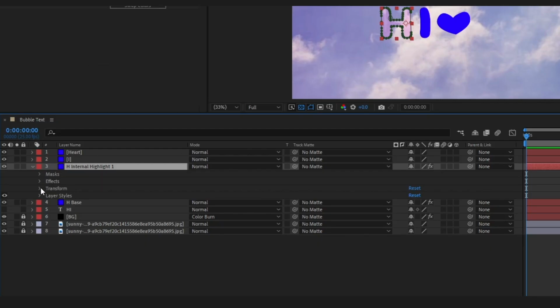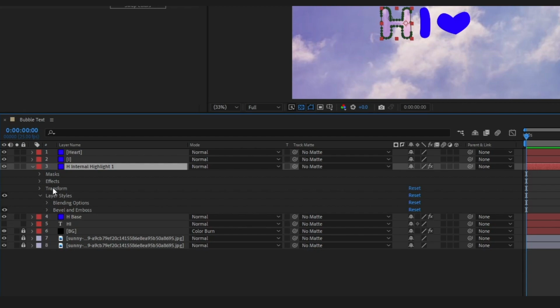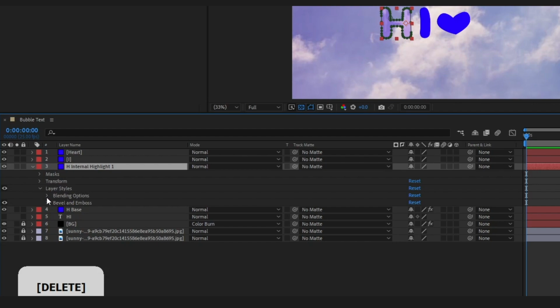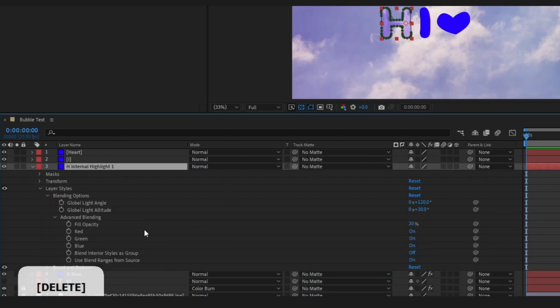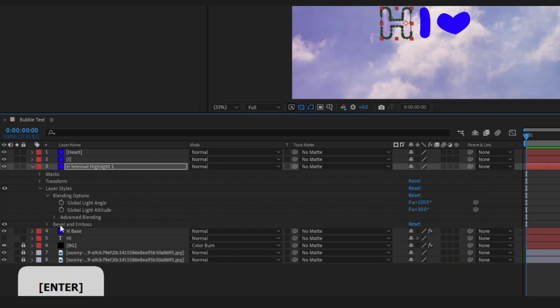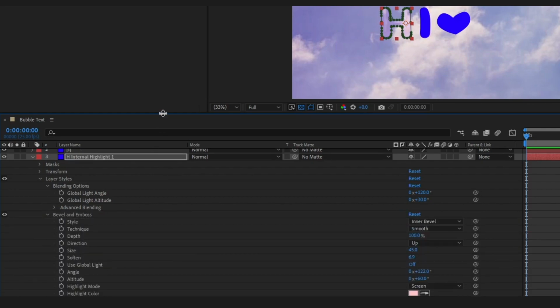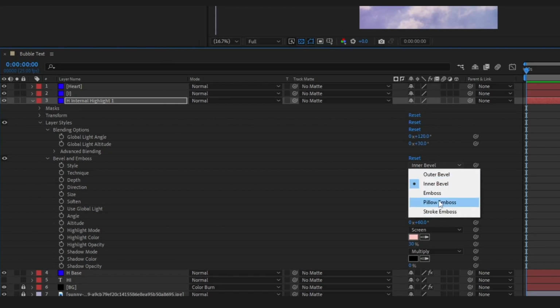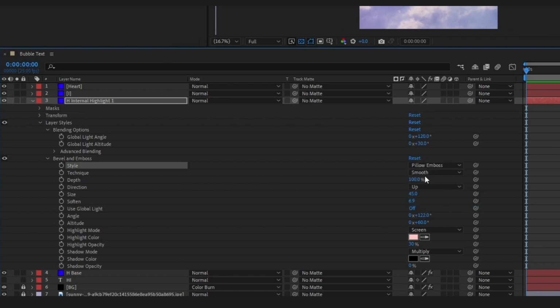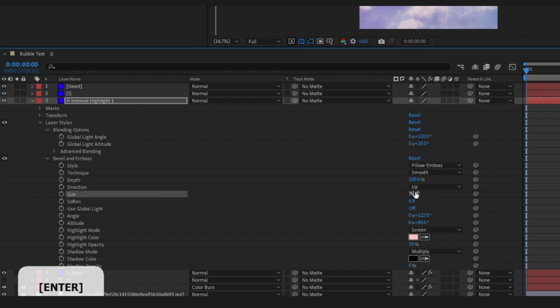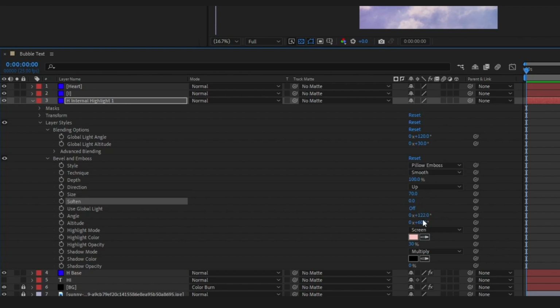I am going to go to the layer styles on this one. First I'm going to delete the effects, then I'm going to go to the advanced blending, and set this to 0. Then we are going back to bevel and emboss. We want to make sure this is set to pillow emboss, technique smooth. We want the depth to be 100, direction up, the size is going to be 70 this time, soften set to 0, angle 122,